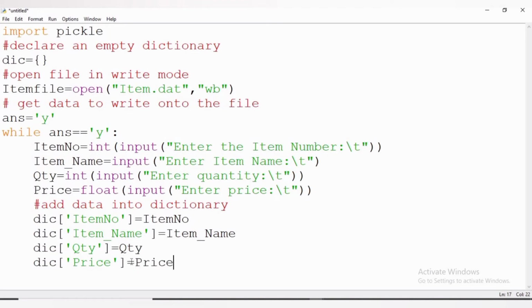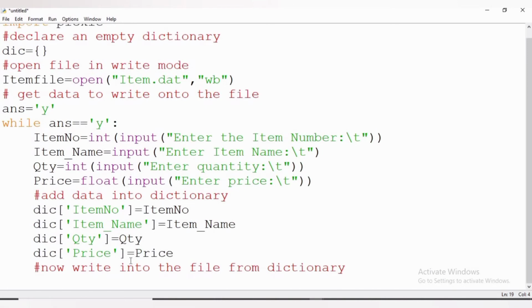Now we'll write into the file from the dictionary. For that we have to write pickle.dump(dic, item file). Here object dic is being written on file opened with file handle as item file.